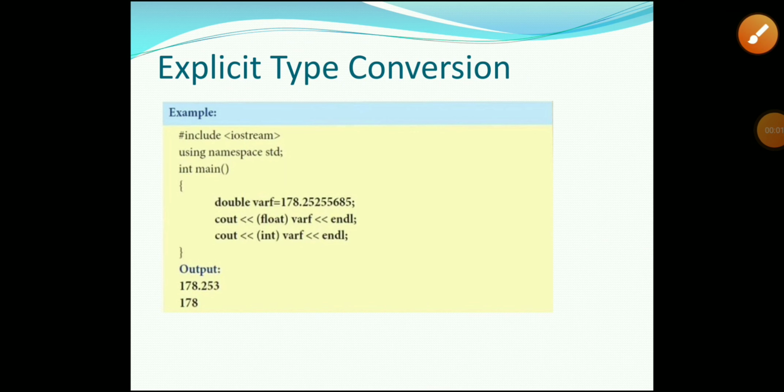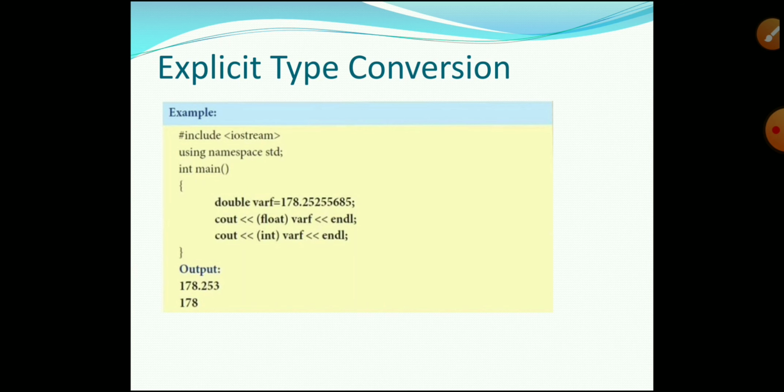Today we discussed many topics. First, the access modifier const. Constant is a keyword used to fix the variable value. When we use the const keyword with a variable, we cannot change the value of that variable at execution time. Next is references. For references, we put an ampersand symbol in front of the variable. That variable is assigned the value of the earlier variable, an alias variable. That value is assigned to the reference variable, using the ampersand symbol.